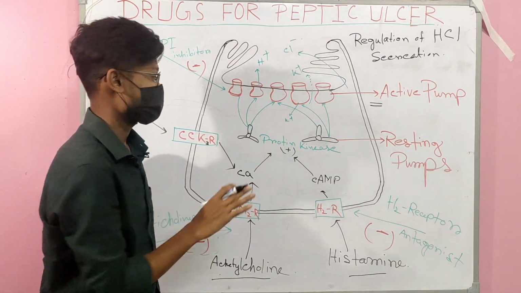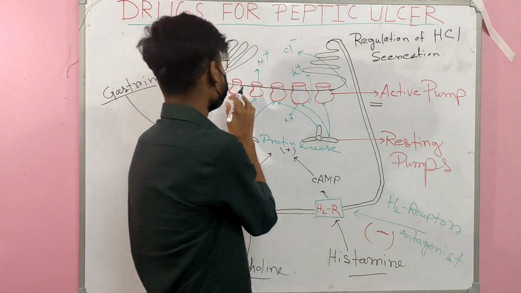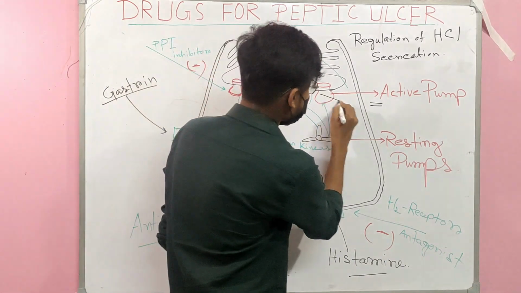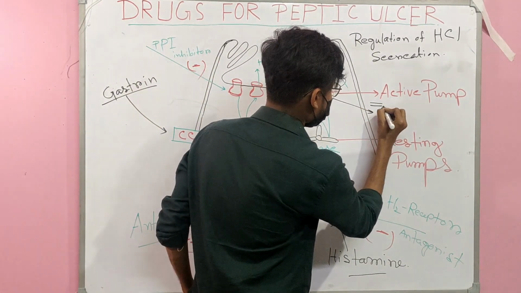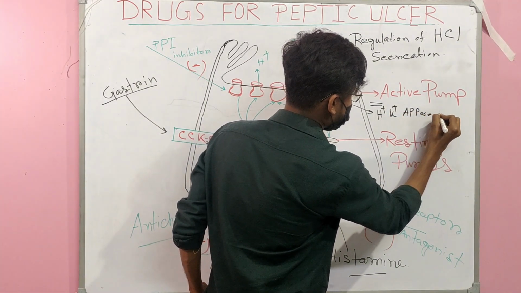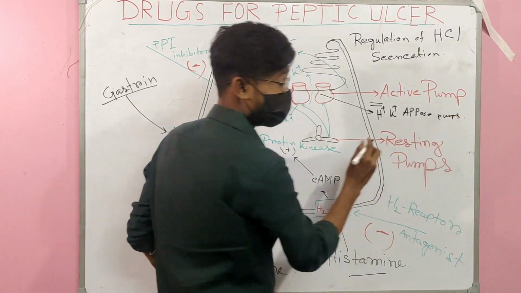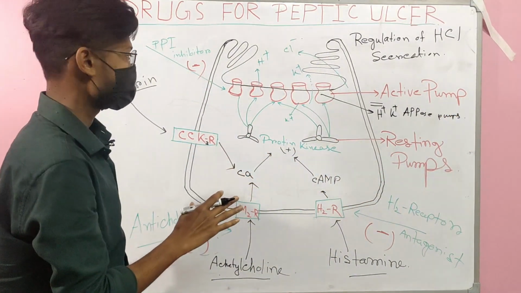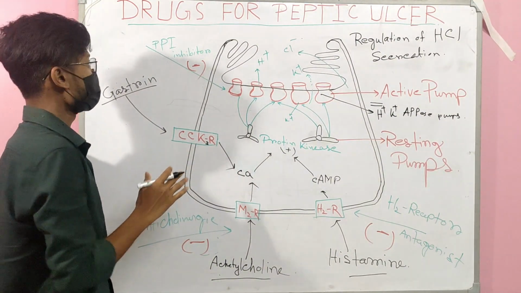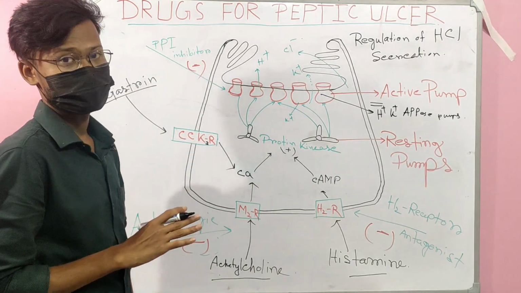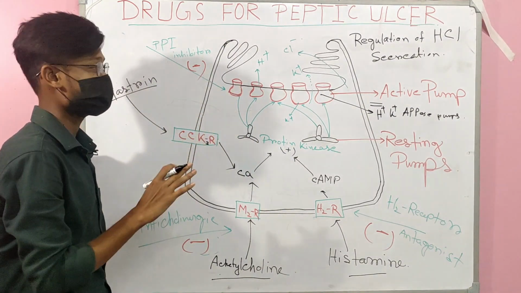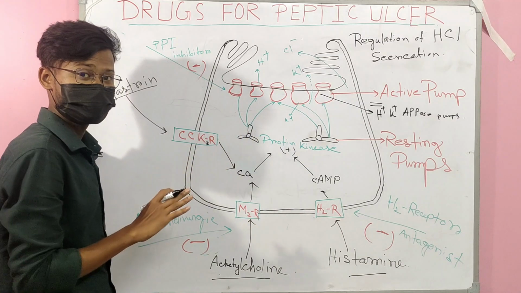After activating the pump, HCl is secreted in our body. But in the first stage, the pumps are resting pumps, and the pump which secretes HCl is called the hydrogen potassium ATPase pump, and it is also called proton pump. Here, the medicines, meaning anti-ulcer agents which reduce the acid secretion, include PPI, meaning proton pump inhibitor, which inactivates our hydrogen potassium ATPase pump. Then